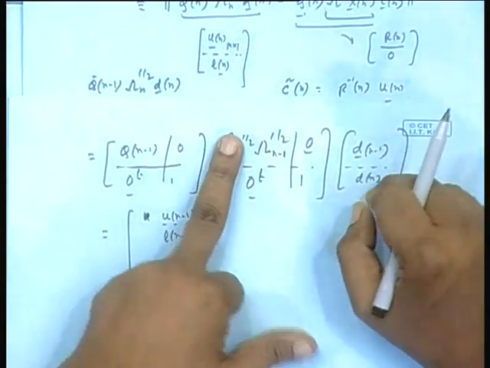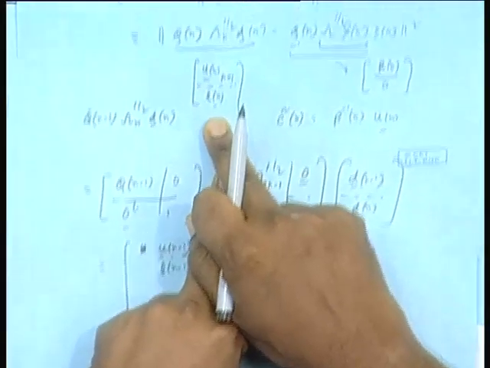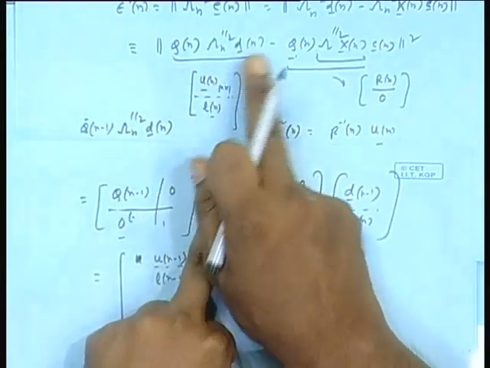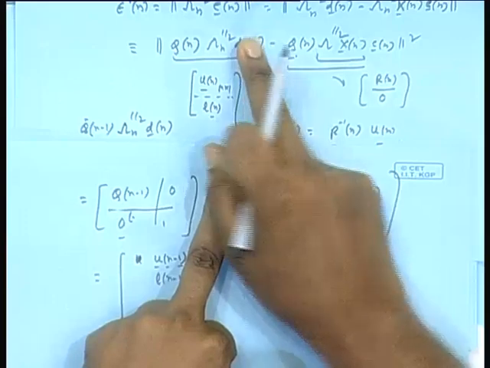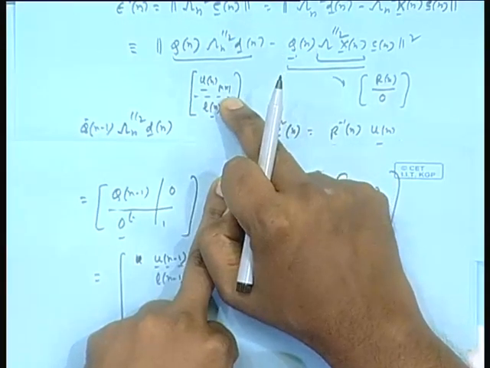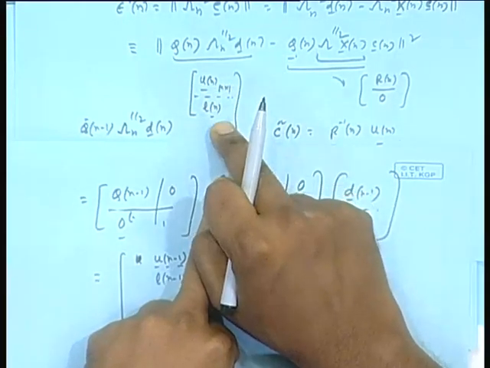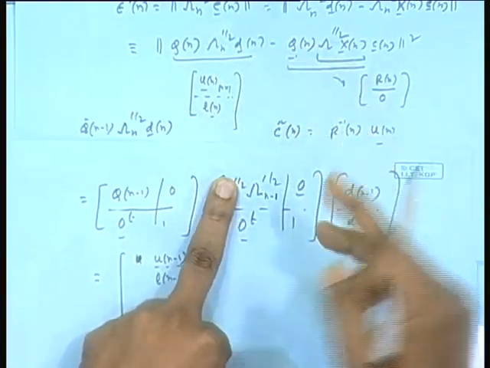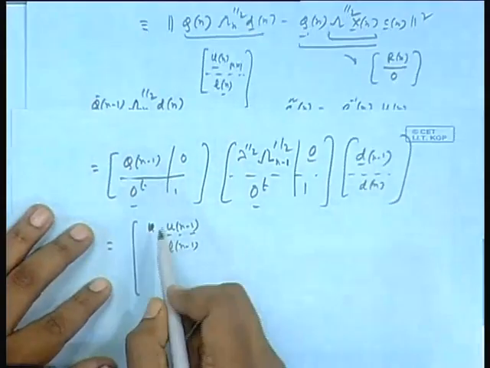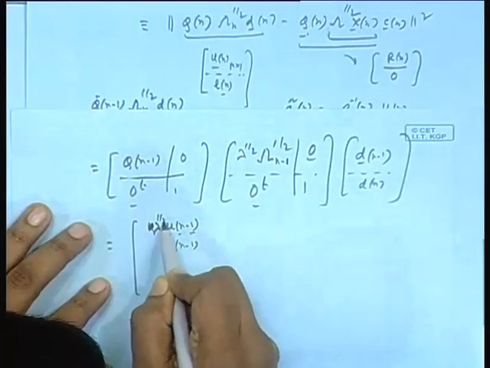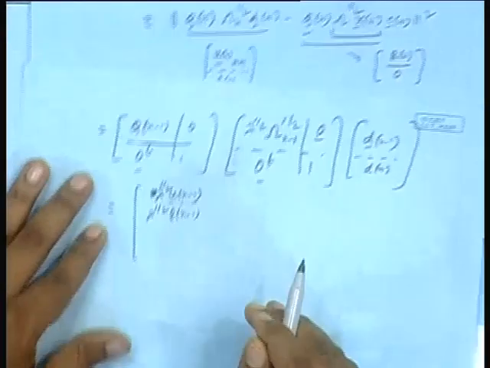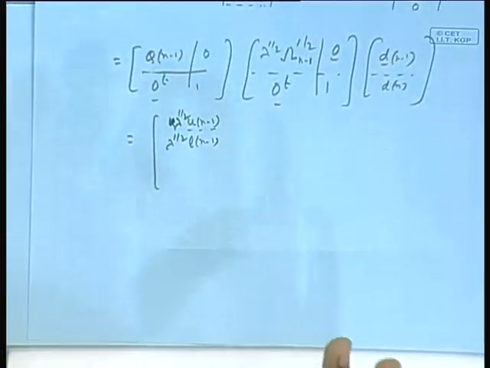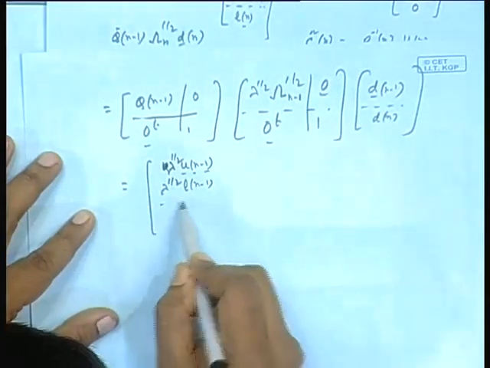Are you not following this? What are the differences of u n and L n? If q n works on this vector, I take out the first upper m cross 1 part, I call it u n, lower part L n. If it is n minus 1, what is this? That is what it is. Honestly, lambda to the power half factor has to be brought in now. Isn't it? And the last guy d n.